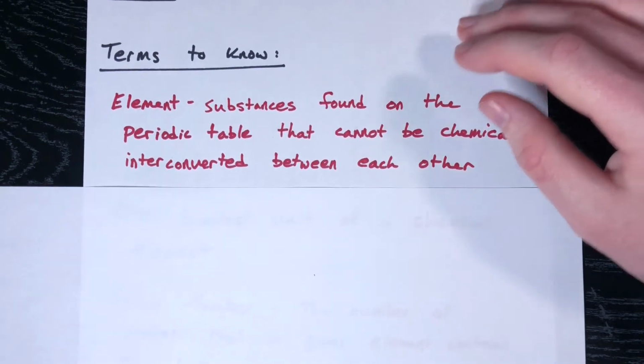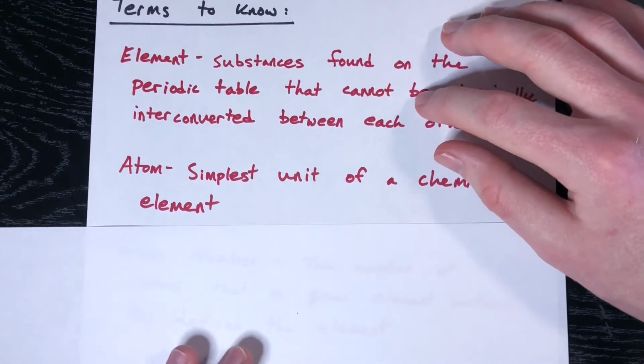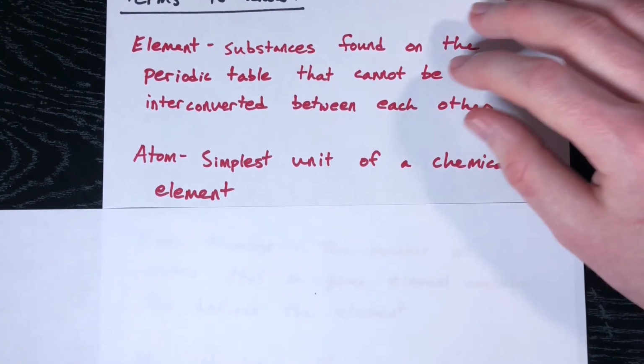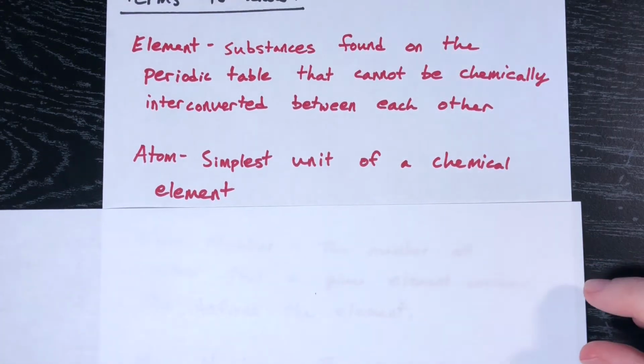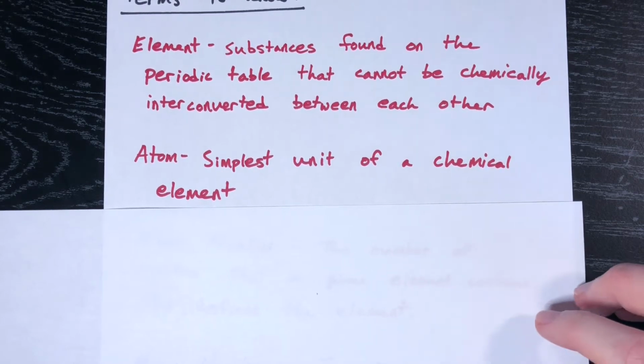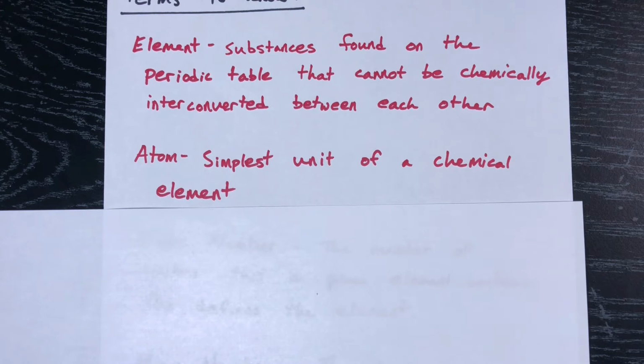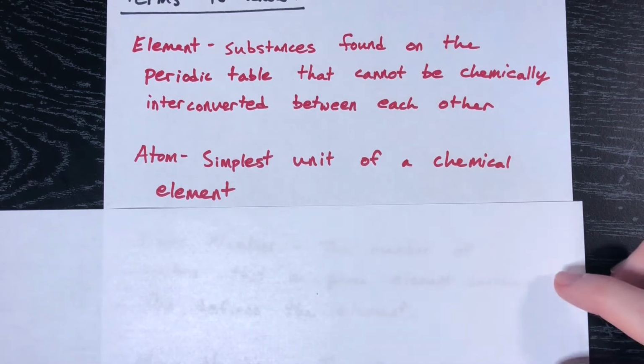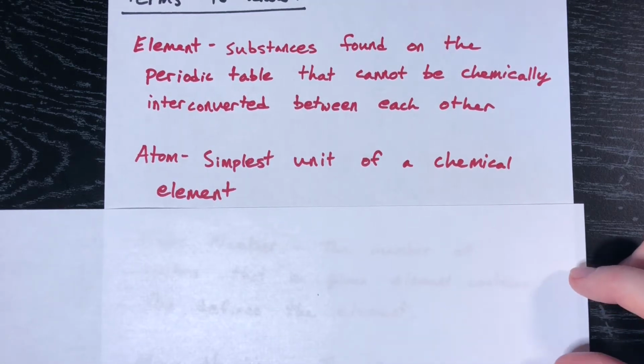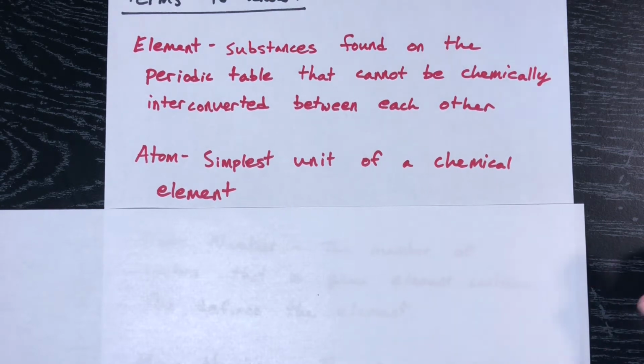So now, the next thing to talk about is the atom. The atom is the simplest unit of a chemical element. So what this means is we can see specific atoms and distinguish them as specific elements. So we can know immediately that an atom of helium, for example, is different than an atom of hydrogen. And I'm going to illustrate how that is obvious and how we can use that to our advantage throughout our